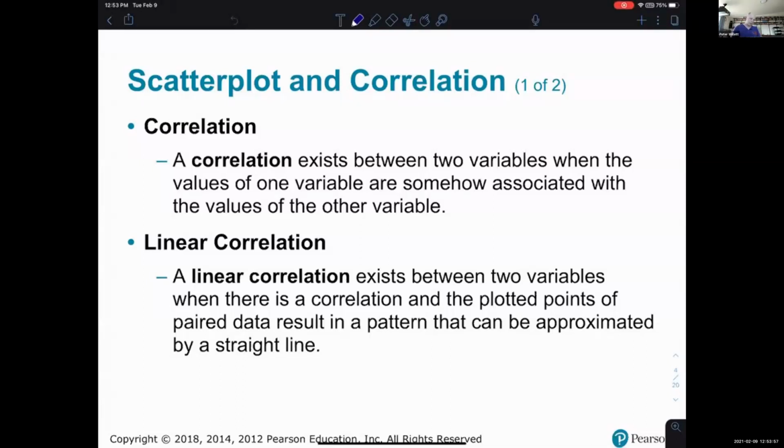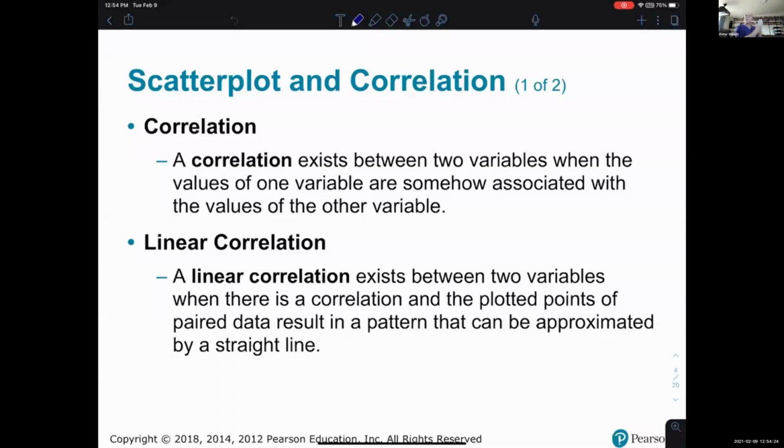Like maybe I could collect also how much a student weighs in pounds or ounces or something like that. Let's say pounds. So then I would have one set of data that showed me a bunch of different heights of students. And then I would have another different set of data that had a bunch of different lists of weights of students. So the idea of whether a correlation exists